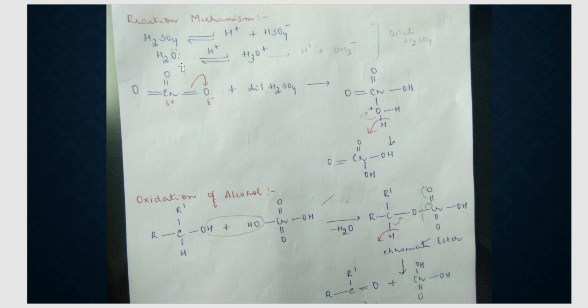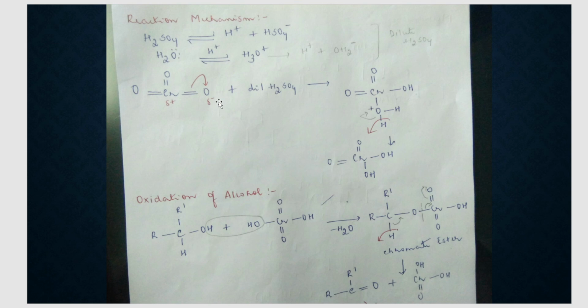Since it is dilute H2SO4, we have water also. And one of these H plus adds on to water to give you what? H3O plus. Now H3O plus once again dissociates back to give H plus and H2O. So this is all with the dilute sulfuric acid part. Next, let us take the actual chromium salt. What is that? CrO3. Now in CrO3, one of the pi bonds, I will shift it onto oxygen.